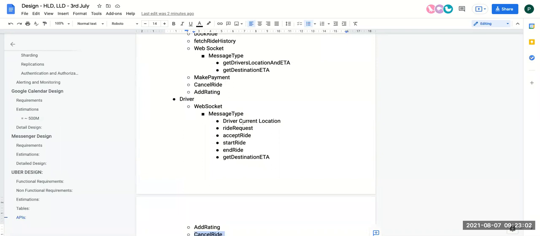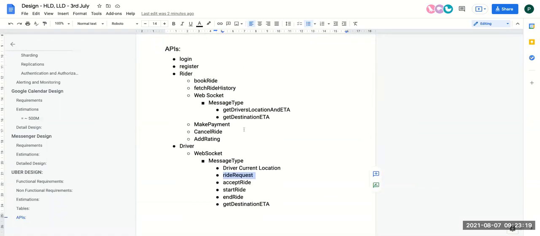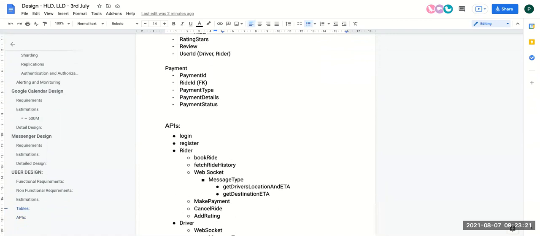Yeah, that can happen, because we have the driver ID. So when we cancel the ride, the driver availability will change. Got it. So based on driver availability, the backend can decide whether to send the ride request or not. Understood.